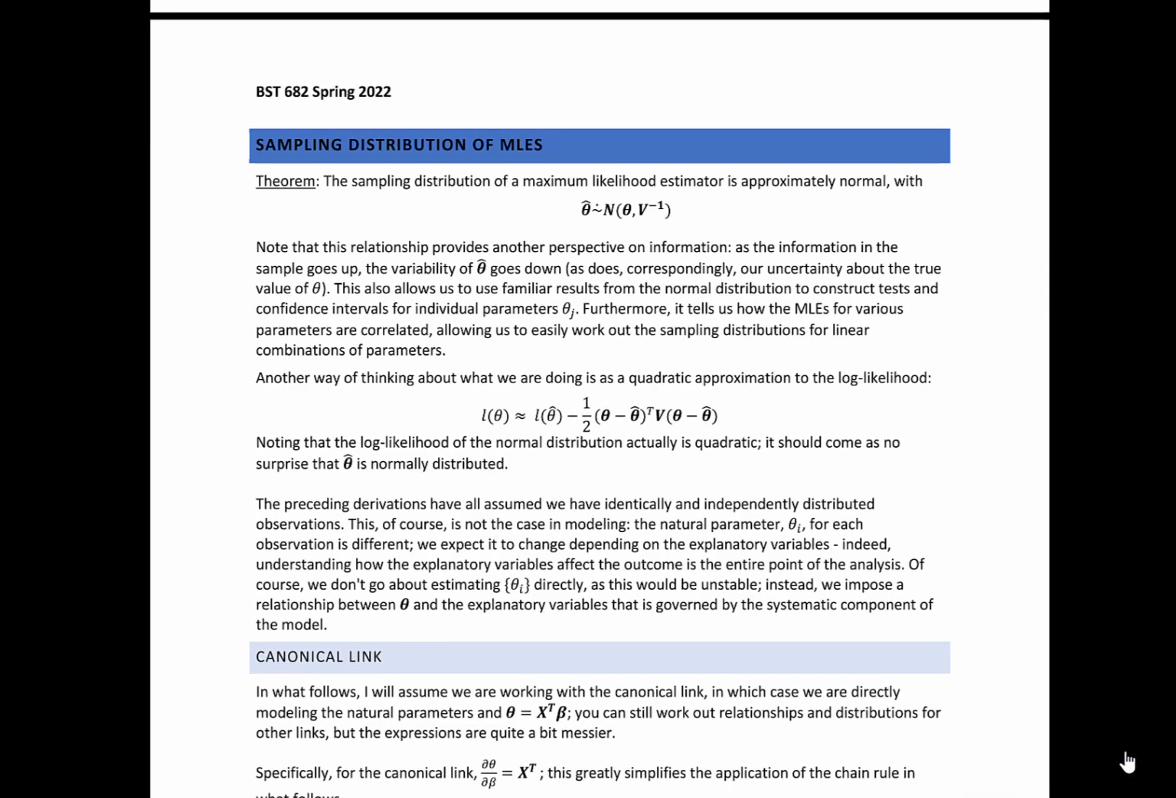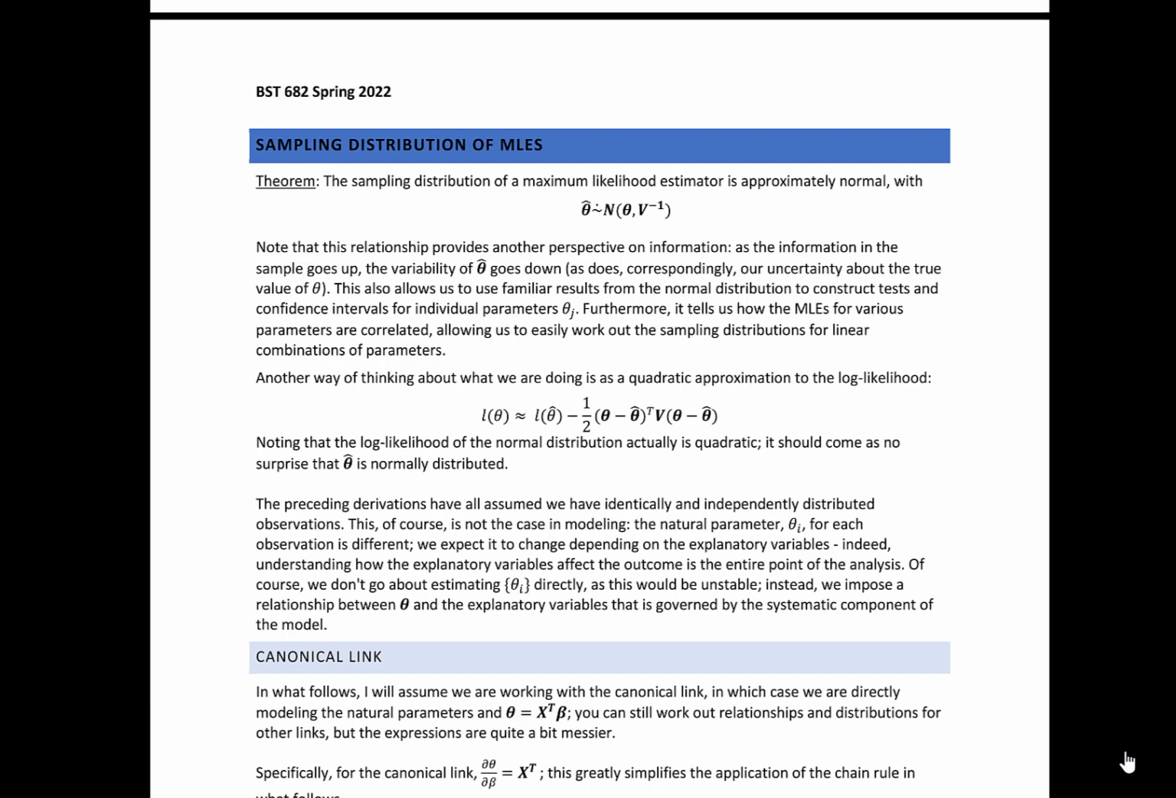So we could then go on and talk about the sampling distribution of the MLEs. We know the sampling distribution of a maximum likelihood estimator is approximately normal. This relationship provides another perspective on information: as the information in the sample goes up, the variability is going to go down. It also allows us to use familiar results about the normal distribution to construct tests and confidence intervals for